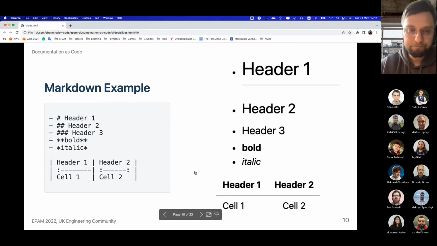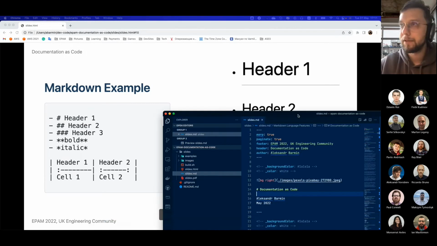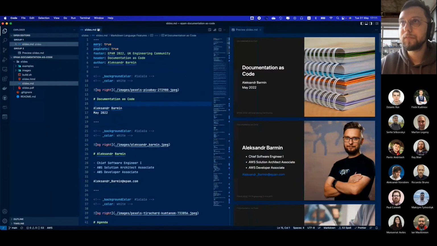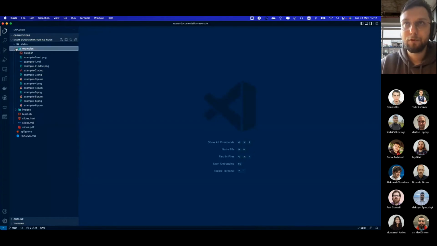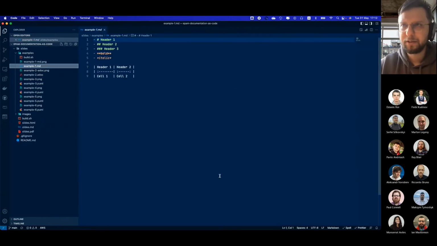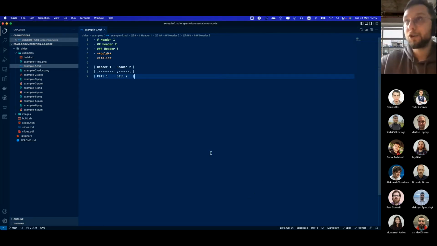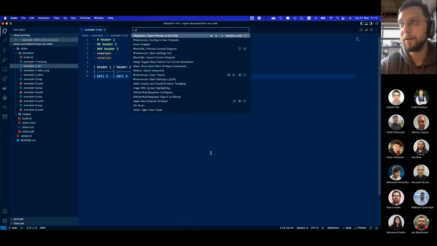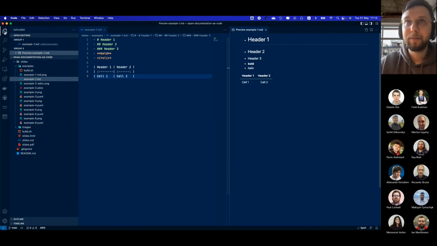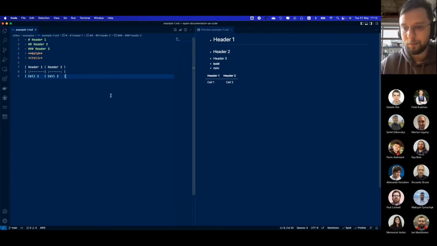So I will show some examples of how to use Markdown, or maybe you can raise your hand if you already know how to use Markdown. So please raise your hand if you know how to use Markdown and know almost everything, and I do not need to show you anything. Yeah, I suppose almost all of us are using Markdown in one way or another, and I'm showing Markdown in Visual Studio Code because it's very useful. I can do this thing, Markdown open preview on site,